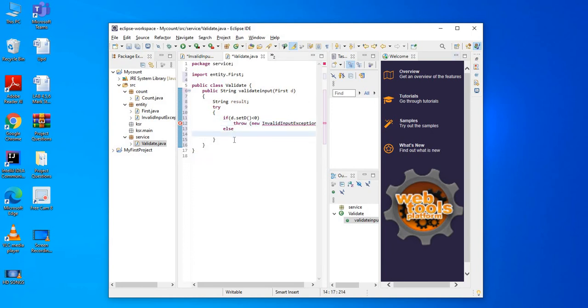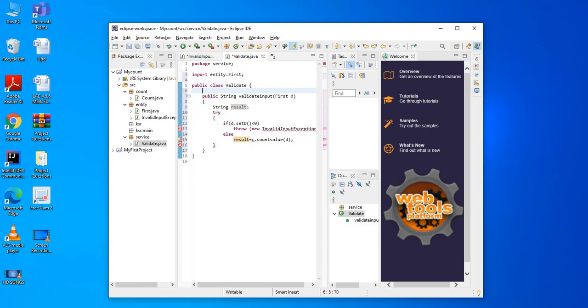So or else, the count value of has to be called. The count value of is the method available in the class count, so we have to create the object for the class count, C equal to new count of.